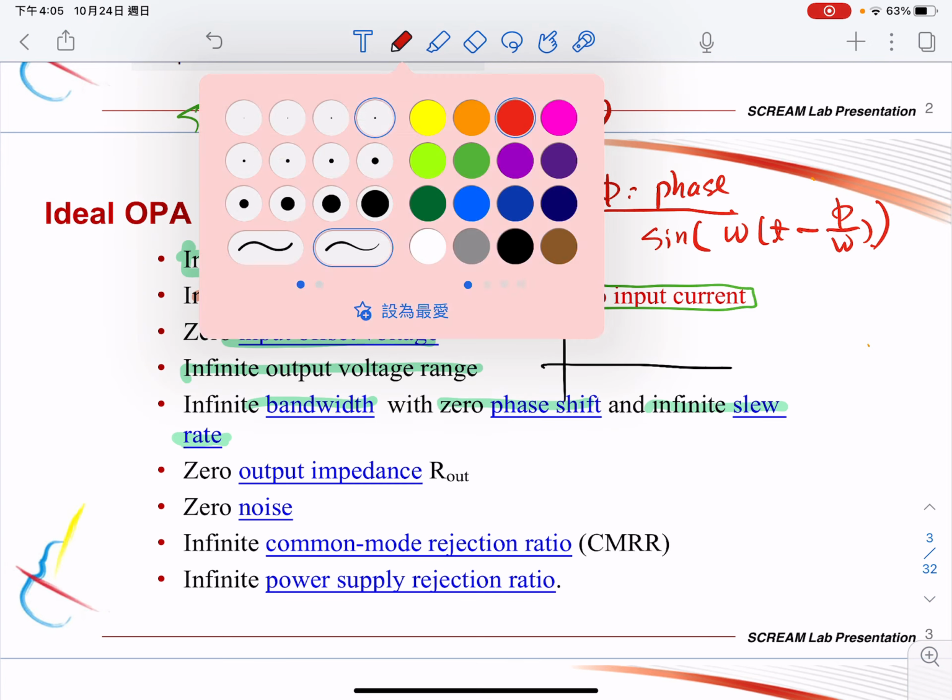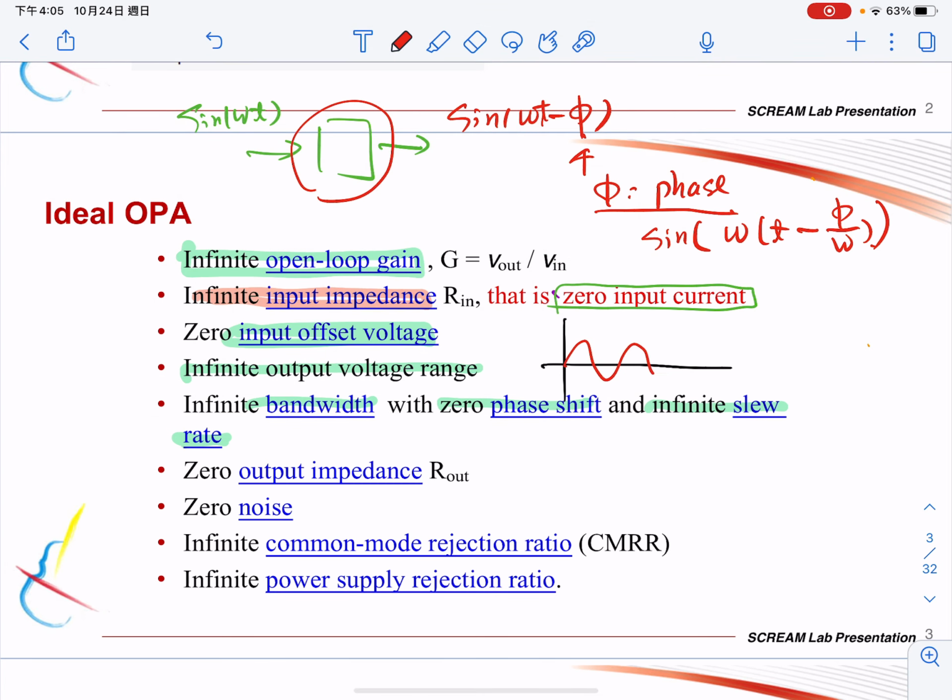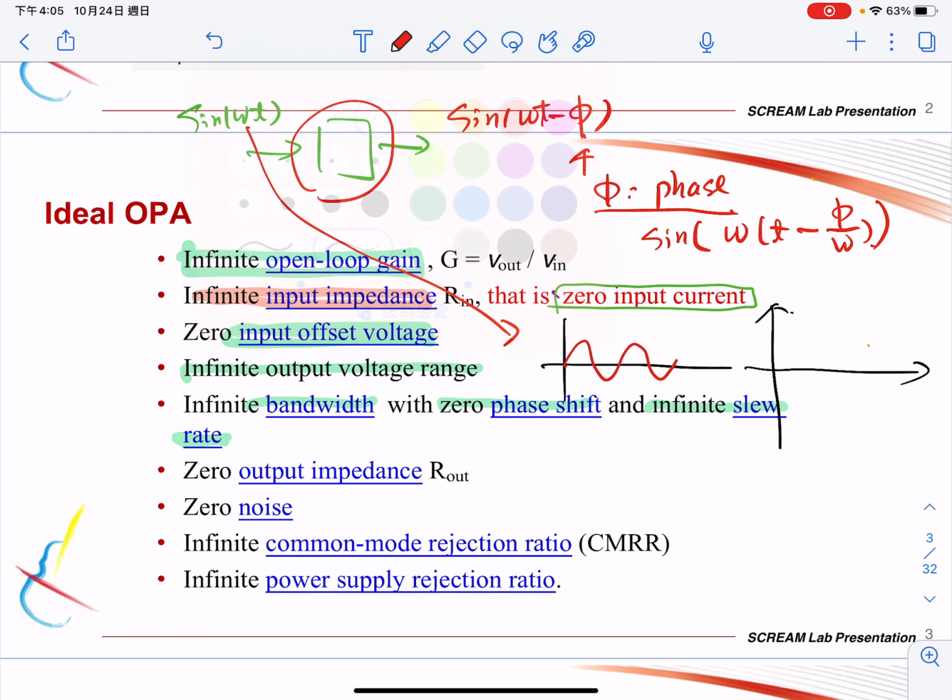This is sine omega t, the input. But what about the output? For example, if phi is equal to 1 over 4 pi,